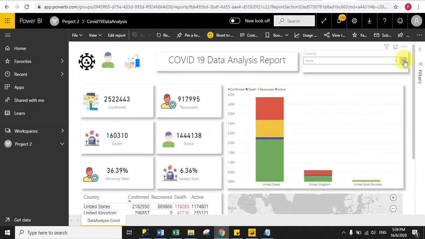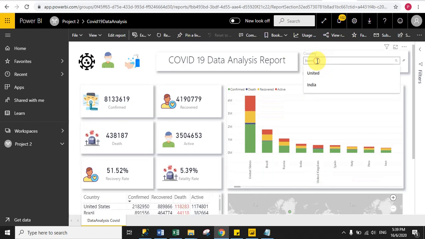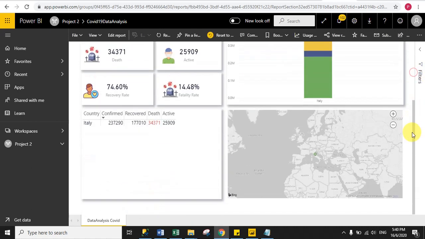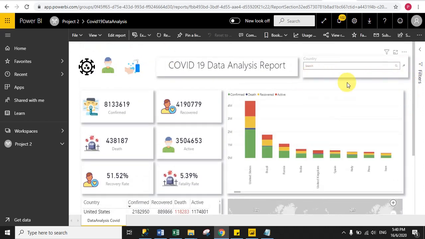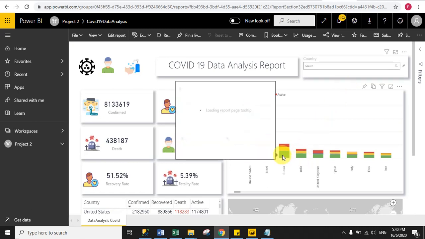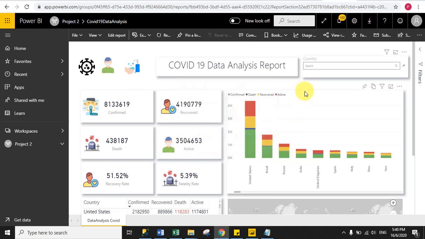And then click the clear icon, and here suppose I give Italy, right? And then I click search. See, so that means my search is working fine, right? And click the clear icon. Now we will check the tooltip, right? So just hover the mouse over any country name. See, I hover the mouse on Russia, so it is showing me fatality rate and recovery rate percentage, and it is also showing all summary details like confirmed, active, recovered, and death counts, right?